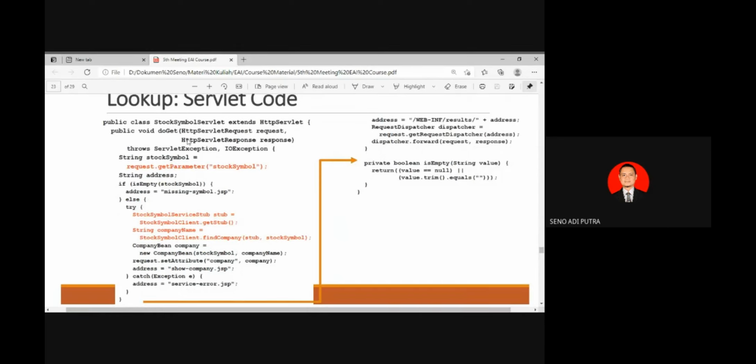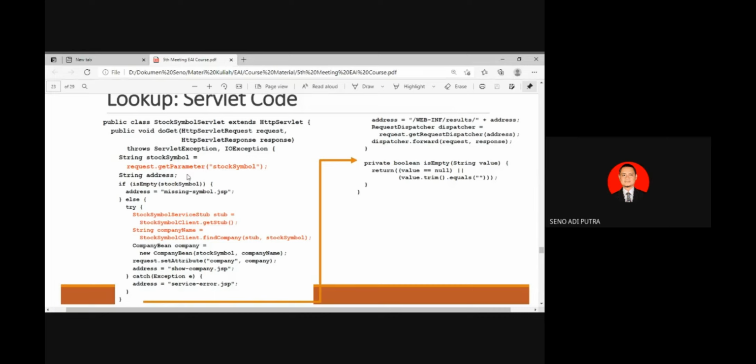In this case, we use doGet. This is the template, you just follow this template. You create doGet with HttpServletRequest and HttpServletResponse, and then you get the parameter stock symbol in the URL link.